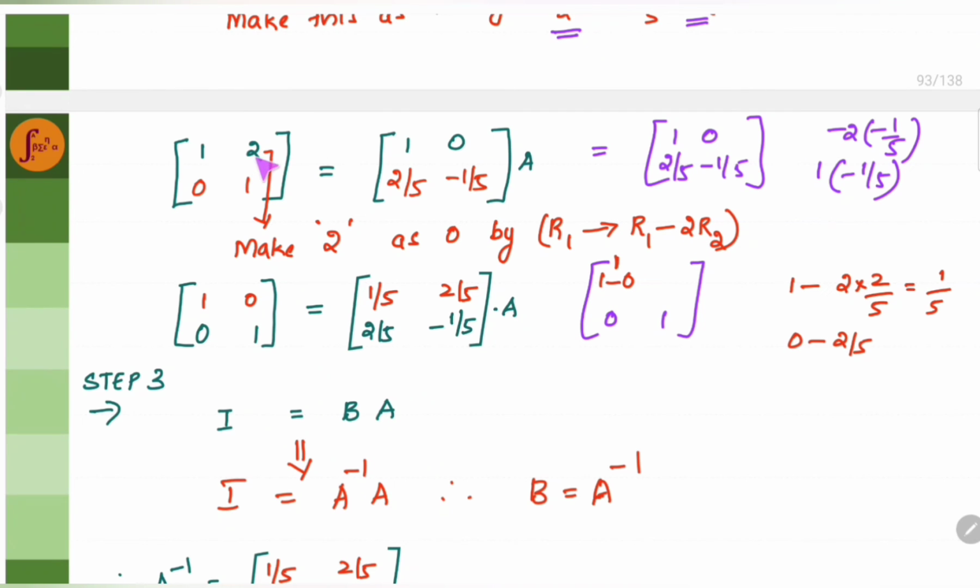Then the next element, 2. 2 minus 2 times R2. That is 2 times 1. So it's going to be 2 minus 2, which is going to go to 0. So what did we get? 1, 0, 0, 1. So all the elements have been obtained the way we want. Now an identity matrix is formed. Right? And let's not forget,